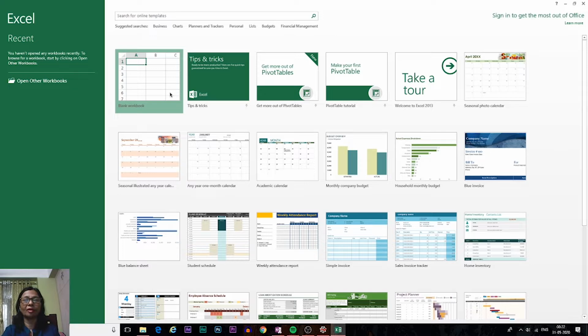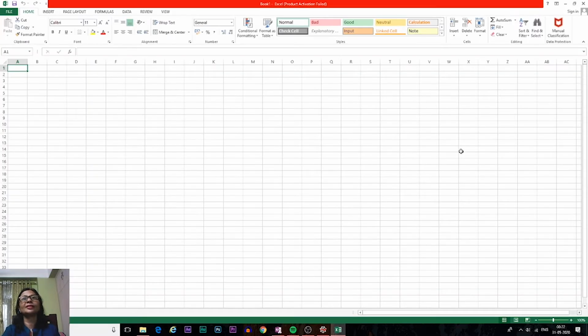To open it, click on here. Here you will see this worksheet. Many cells you have seen here. These are known as cells. So these are the rows, these are the columns, and the combination of columns and rows. So these columns are A, B, C, accordingly it is named. After the Z alphabet, you will see here AA, AB, AC, like this. In the rows also you can see 1, 2, 3, 4, 5, 6, 7, 8, 9, 10.